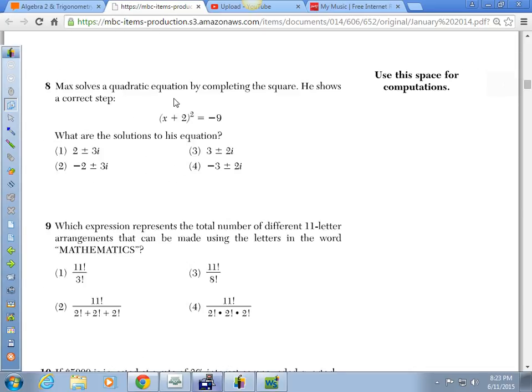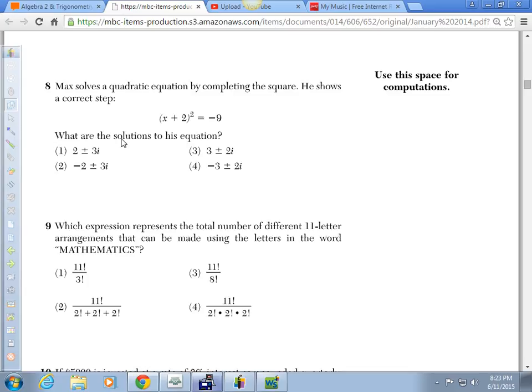Max solves a quadratic equation by completing the square. He shows a correct step. X plus 2 squared equals -9. What are the solutions? I like asking the completing the square question in part 1, but I don't like him